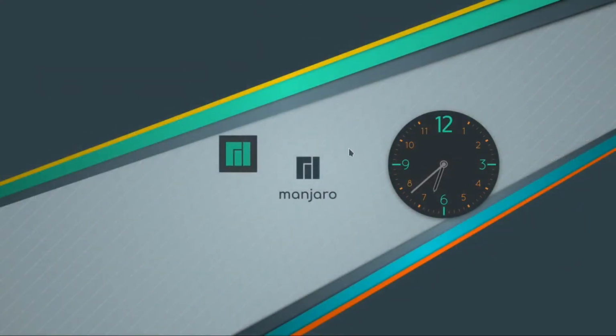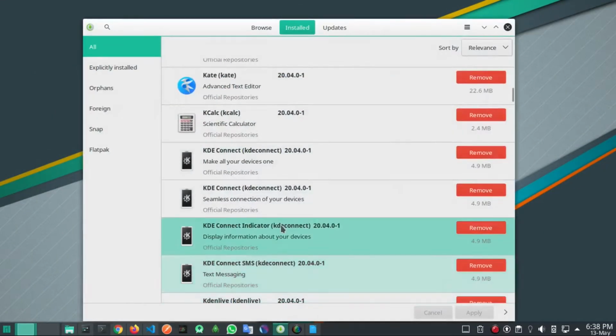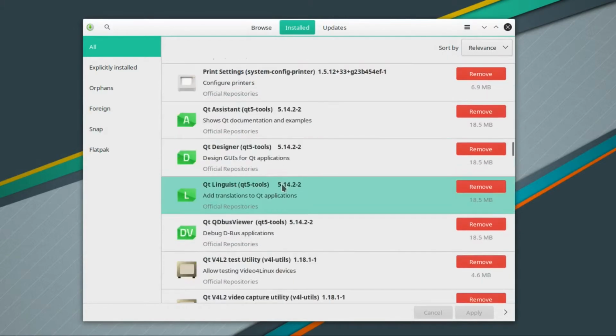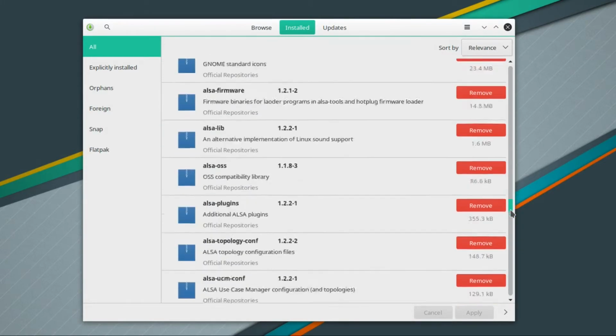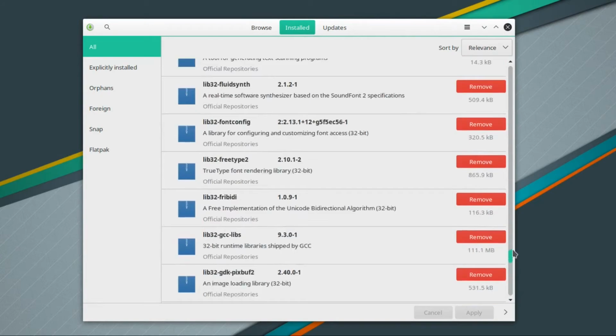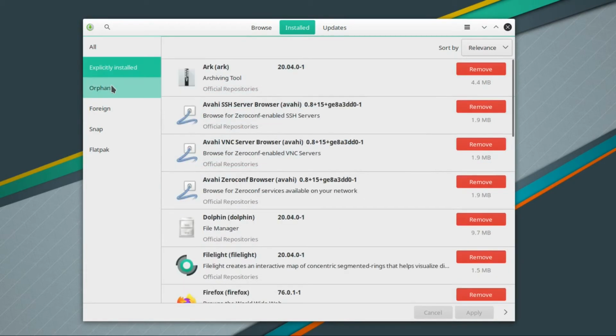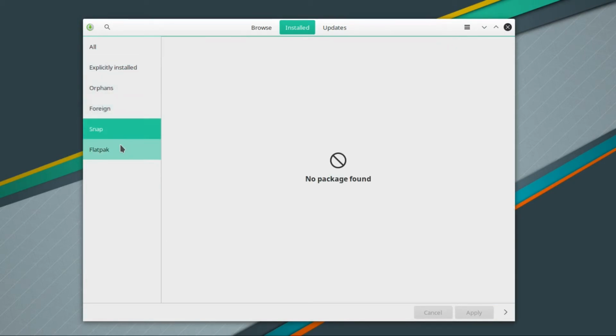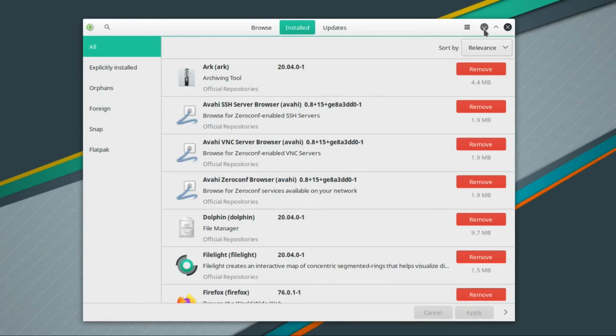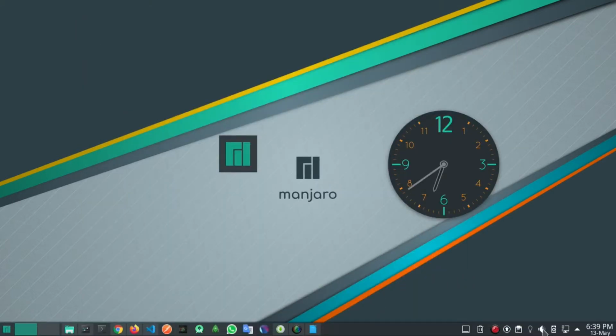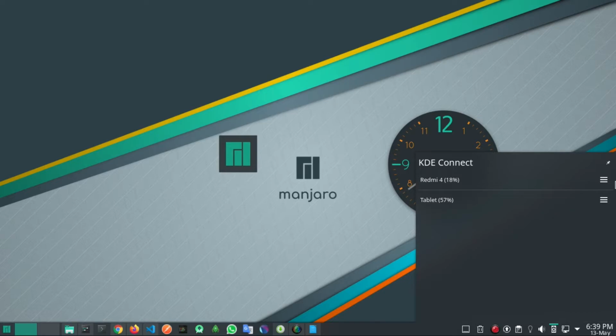Community extensions. There are a lot of extensions available in Plasma Desktop. You can easily install them and use them anywhere. Plasma Desktop is also rich in extensions, as GNOME Desktop is. So the third thing is KDE Connect. I especially love it because if you have a smart device and want to control your desktop, or you want to control your smart device from your desktop, KDE Connect helps a lot.